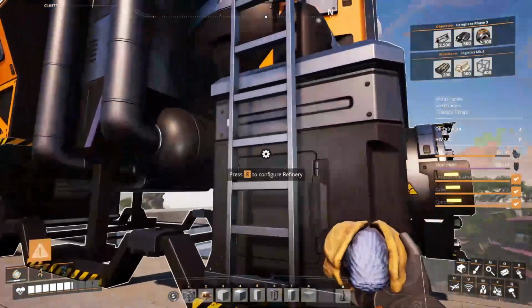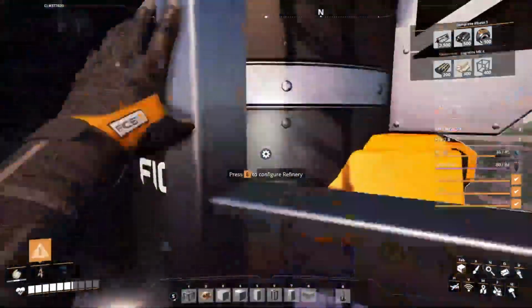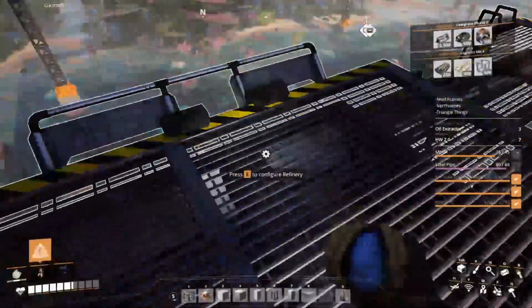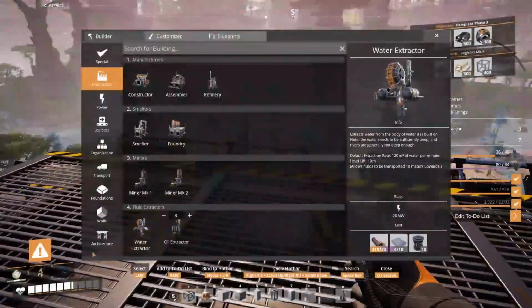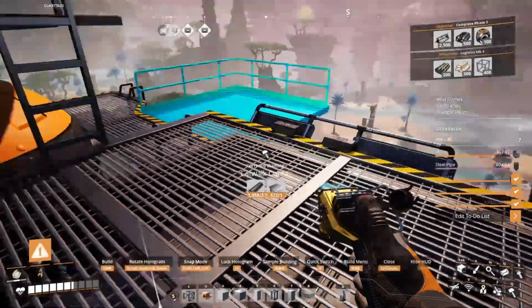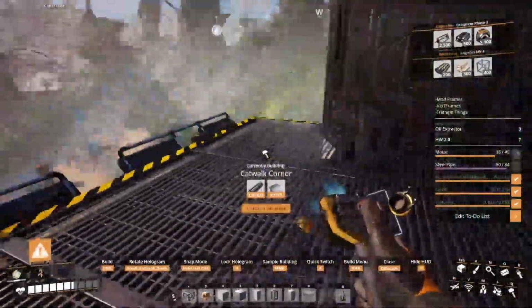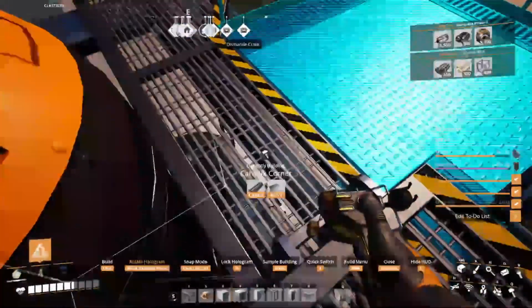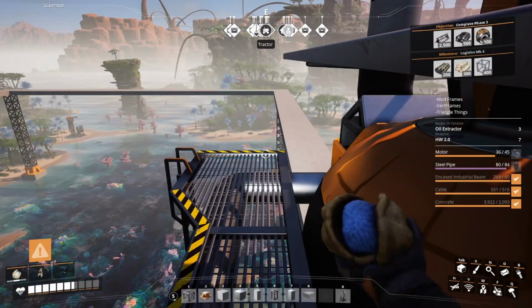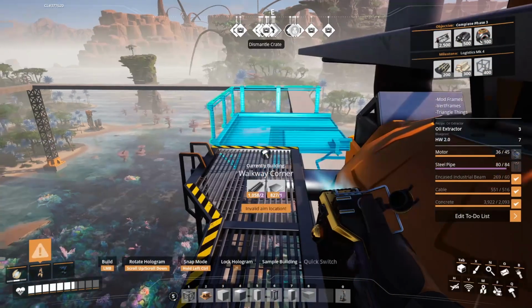It looks like it has ladders on both sides. Okay, and it's got kind of this platform here, which is really cool. And fun fact, I believe, if I'm not mistaken, yes, these snap to locations like that, so you can actually have it connect up. The only thing that I am not a fan of